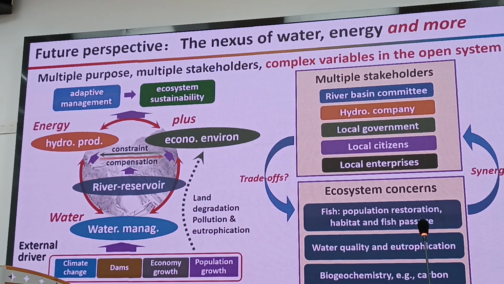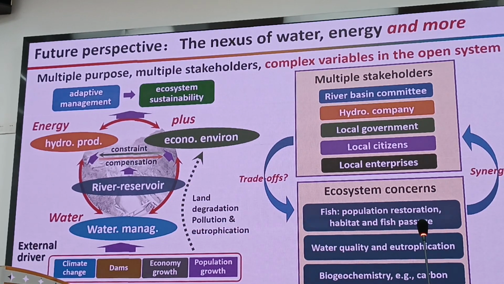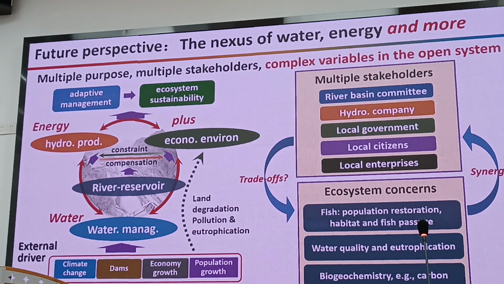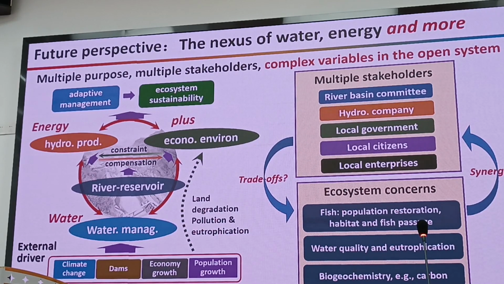And the hydro company is a secondary stakeholder. They want to increase their economic benefits, and also, as a social responsibility, to show their environmental responsibility. They try to show, okay, I put a lot of money and effort into the mitigation and adaptive management. And local governments have to think about how to stop their pollution of the reservoir. And the local citizens just think that if we have the water, our lifestyle totally changes.